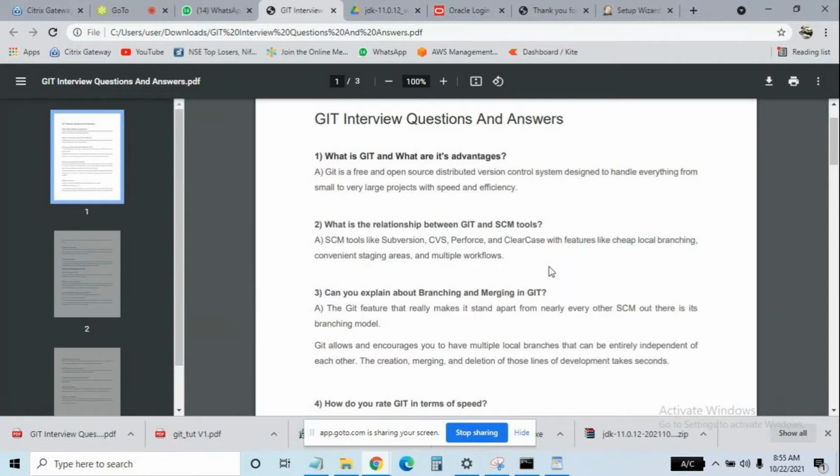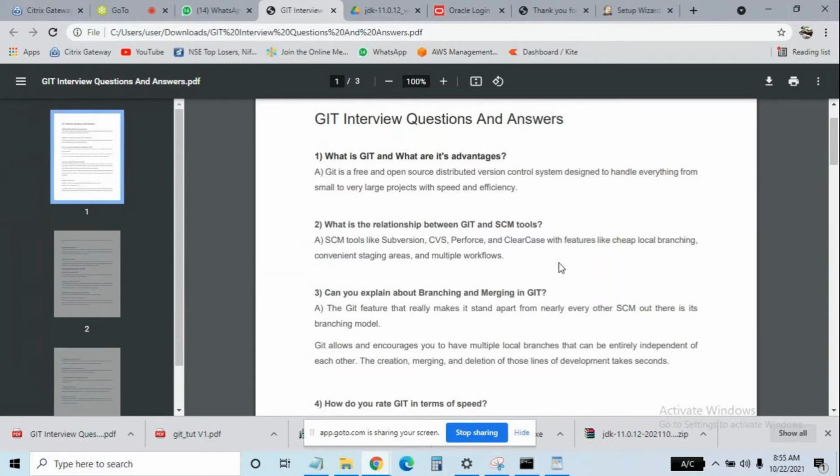Ram, can you hear me? So SCM, what is SCM? SCM means source code management tools, right? Source code management means we have Subversion, Git, and also Team Foundation, ClearCase. Different tools are there. Something is missing, I think, in the line. So we'll discuss later.